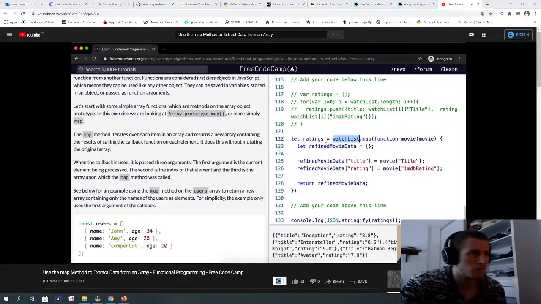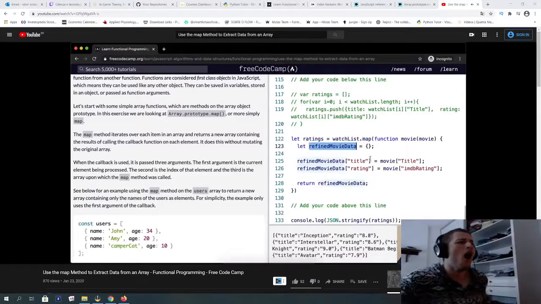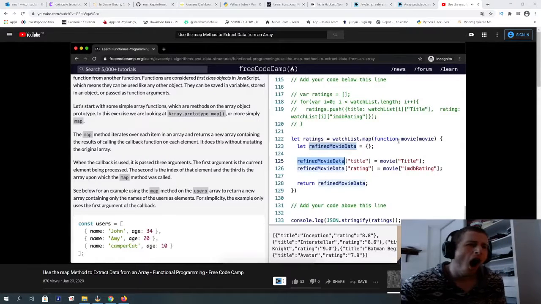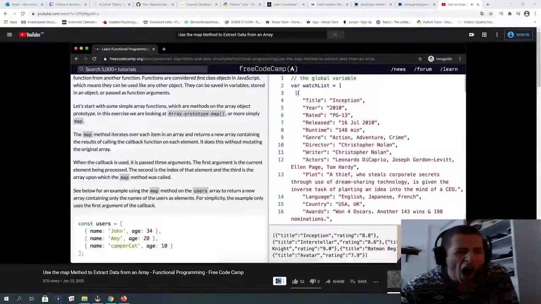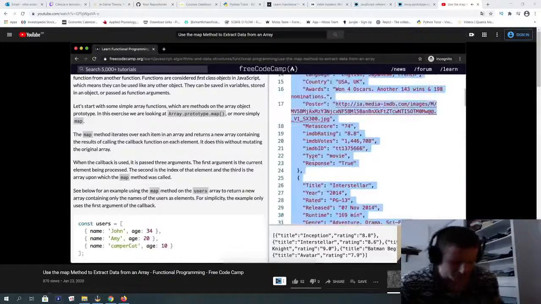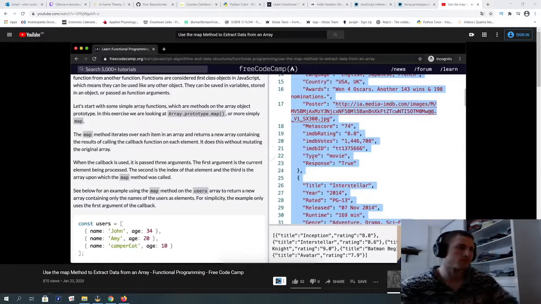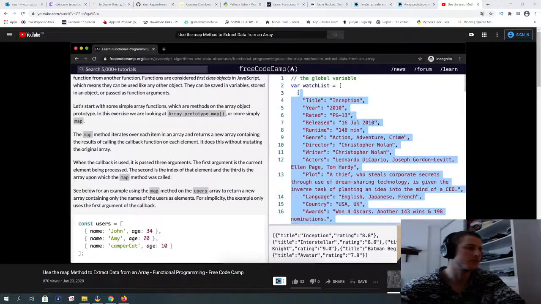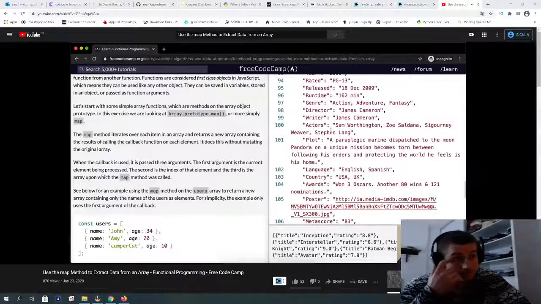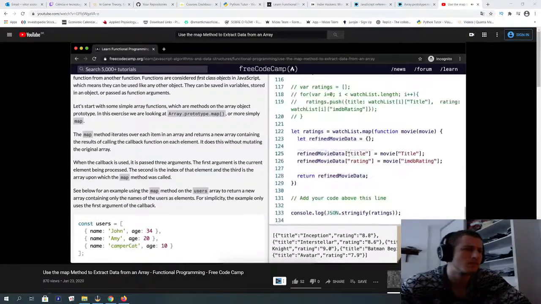And so with each instance, we create a new refined movie data object, and then we assign the title to that one. And with each movie we've got, on our first element, we're doing it to, this object becomes what we're saying is movie. So this object here. I understand now how it works, but still becomes movie. So we come down here, we set. Now, one thing that I screwed up with when I was